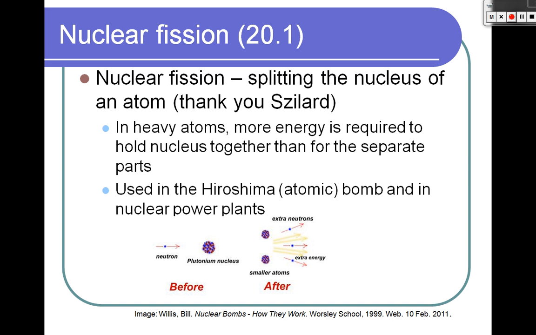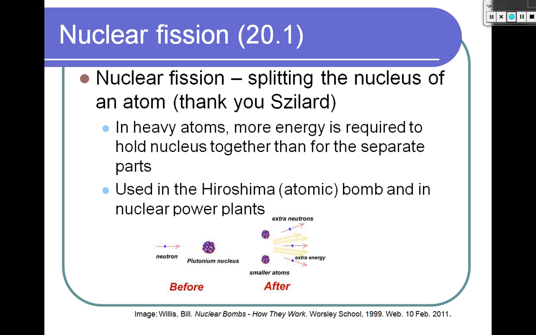The extra neutrons can then be used to bash more plutonium nuclei apart, and so forth and so forth, so you get what's called a chain reaction. And that's what's going on in atomic bombs like those used in Hiroshima. This is also what's used in nuclear power plants, but again, the grade, the purity of uranium that's used is very different. So it's not like somebody could hijack a nuclear power plant and use it as a bomb,